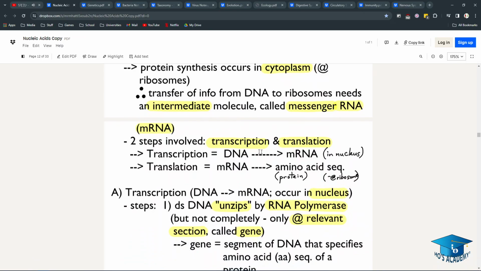Then there was PCR from the lab that I hope you remember, polymerase chain reaction. And just to spark your memory, we use Taq polymerase, heat, it's a thermocycler, etc. Alright,